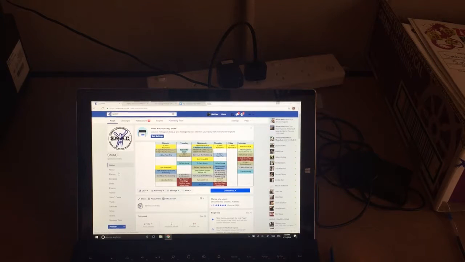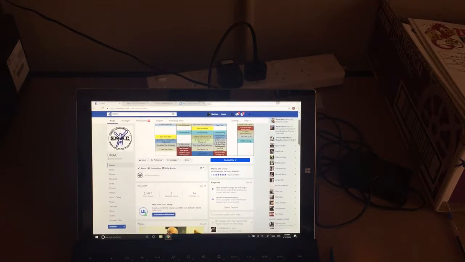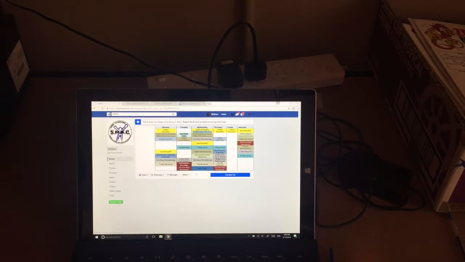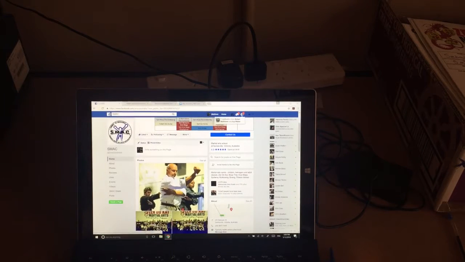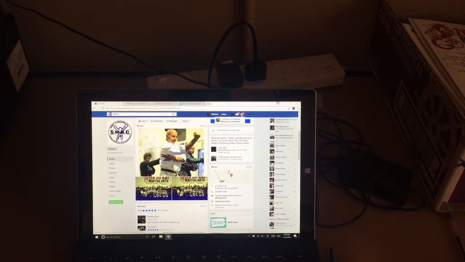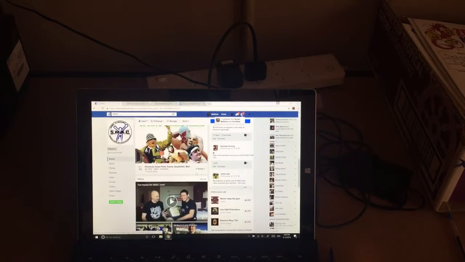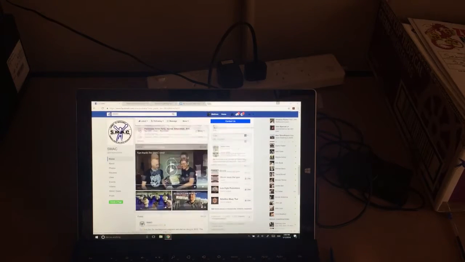So this, anyway, is the page that I've just gone on to now. And as an administrator, the page looks different to how you would see it if you weren't the administrator. So I can go into this here and it says view page as a visitor. So if I want to see what my page actually looks like to someone else that comes on, I can click on that and then it takes out all those statistics that were on the side and all that sort of thing. Just gives my very general information, a couple of events that I've posted up there,